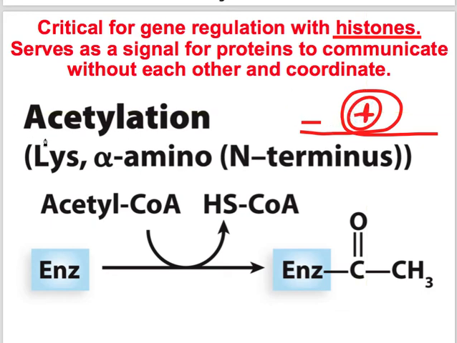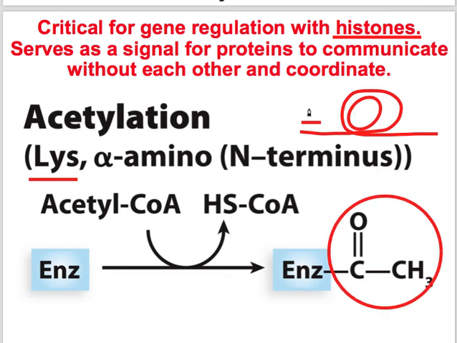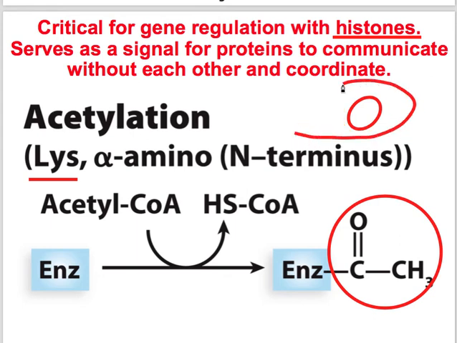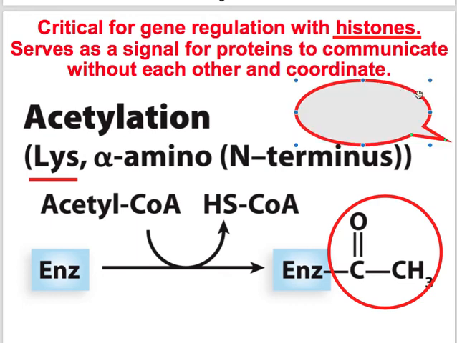What acetylation does is it takes the lysines, which primarily make up this big positive protein core, because lysines are super positive. It adds this little acetylation group here, and it negates that positive charge. Thus, instead of tightly wound DNA, now you have much looser, less tightly wound DNA, and now it's